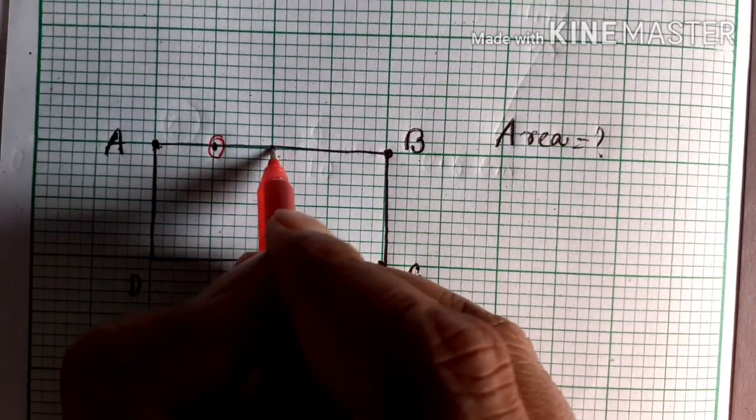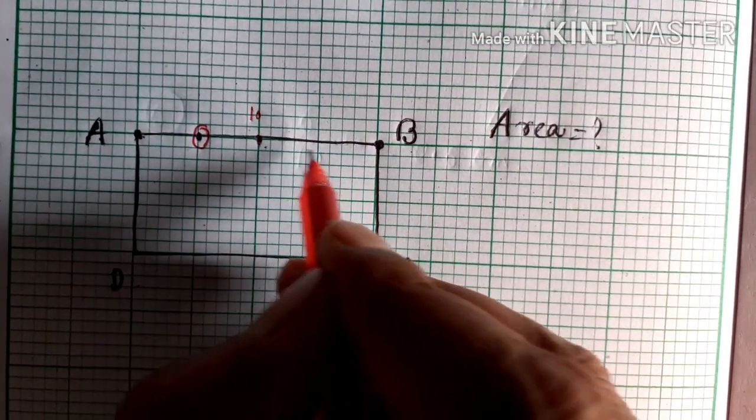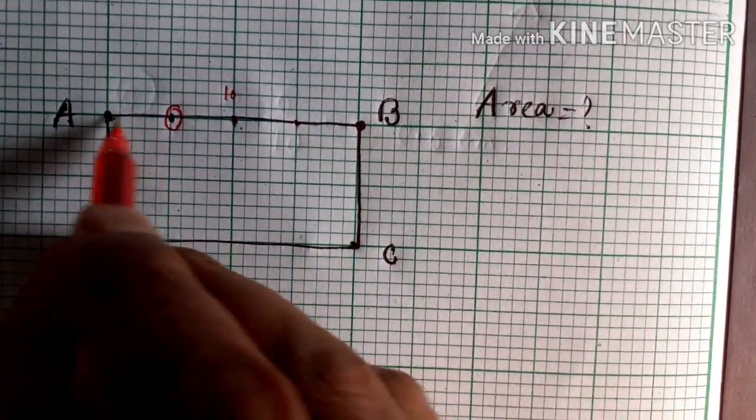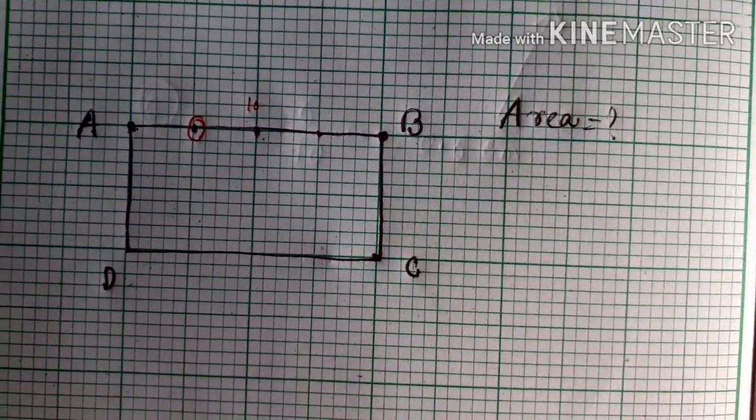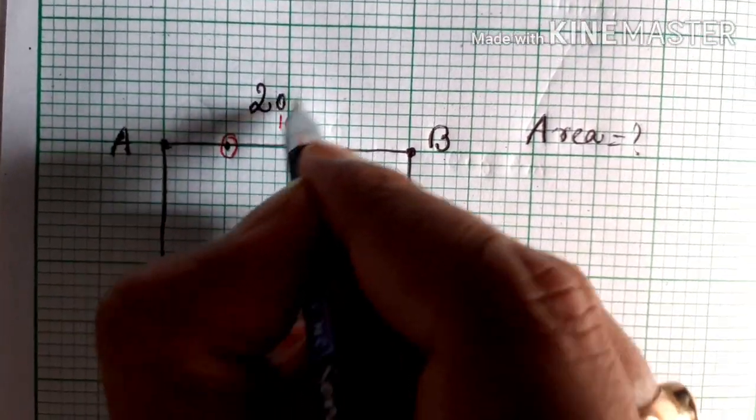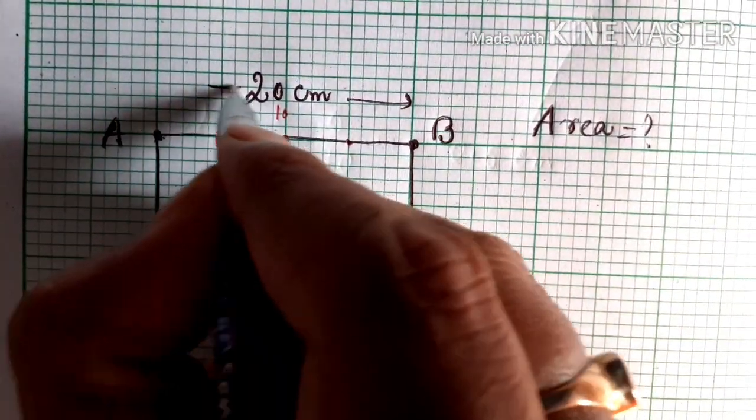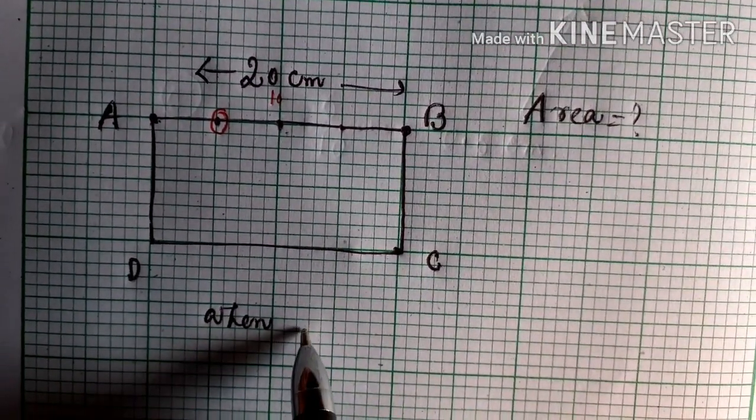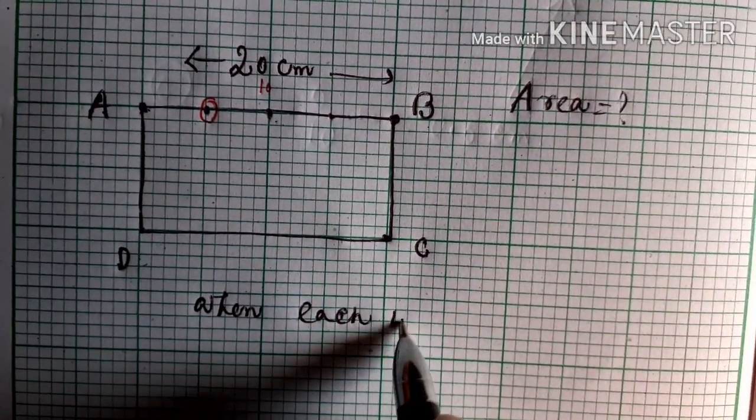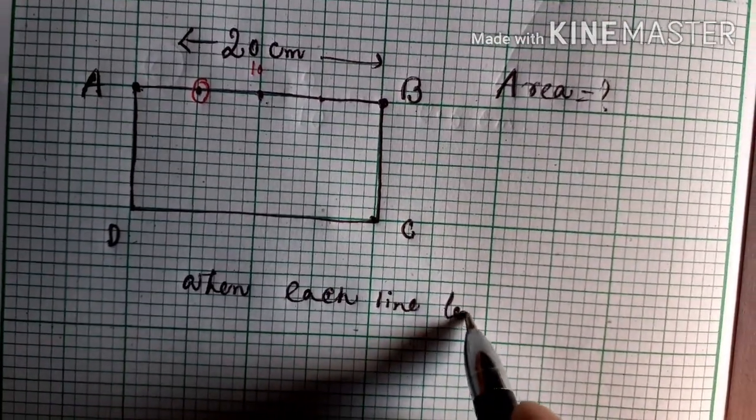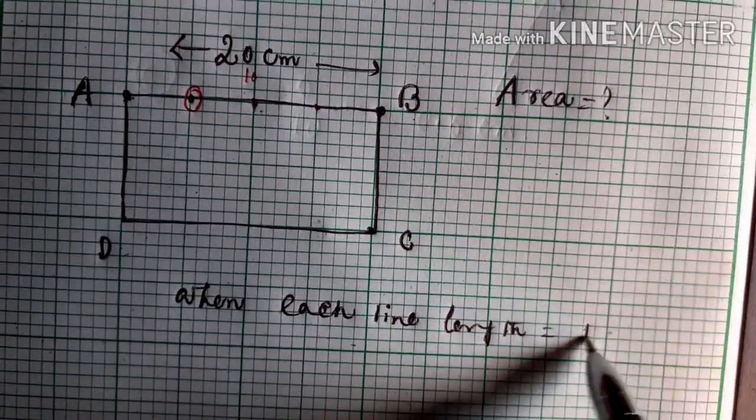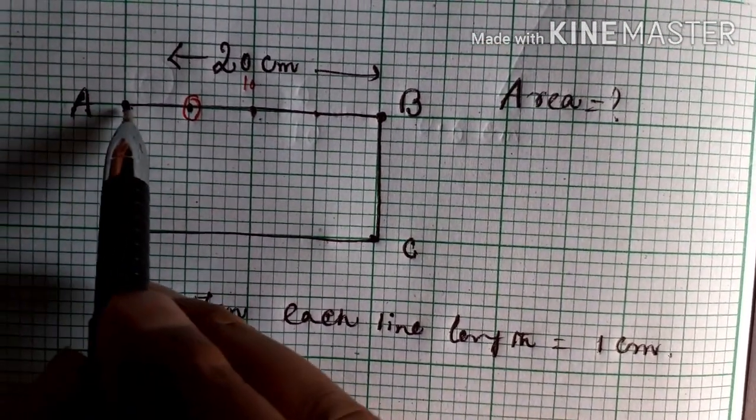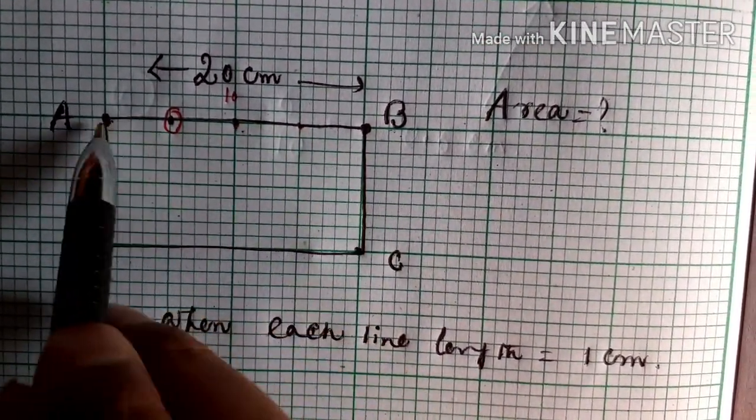Okay, this one is 10, this is 10, and this is also 5, so 15, and this is also 10. So from here to there you can write down that the length is equal to 20 centimeter. When can you choose that 20 centimeter? Only when each line length is equal to 1 centimeter. If you choose each line length as 1 centimeter, then definitely the length of AB line will